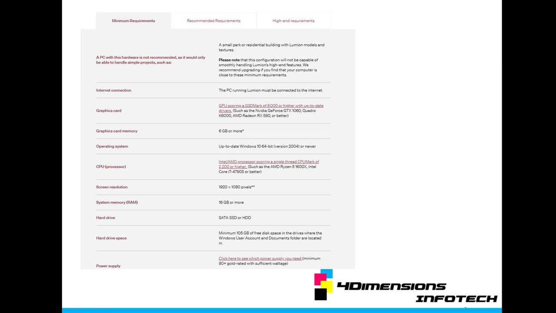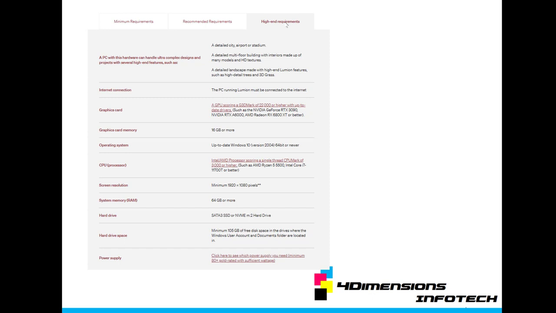But before going to install or operate Lumion, you should know the system configuration. We should have the minimum requirement to run Lumion, that is a graphics card of minimum 4 GB, what I suggest, or else you can go with 6 GB and more, and CPU RAM of 16 GB and more. Even if you have 8 GB then you can run it, but you should go with the lower version. The lower version, as I said, is Lumion 6. You can go with Lumion 6 and 8, as the features may vary a little depending on the version.